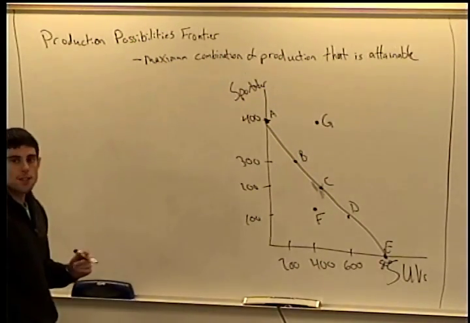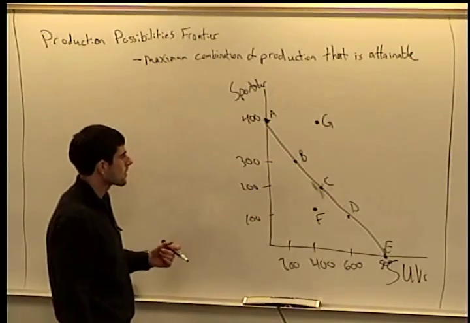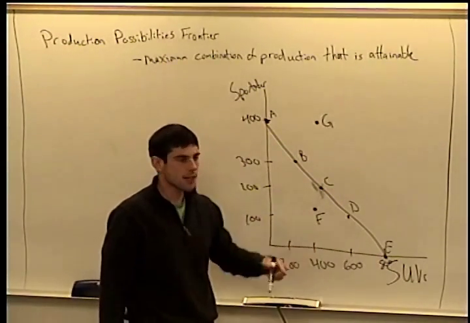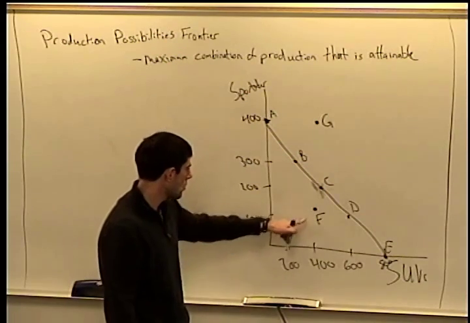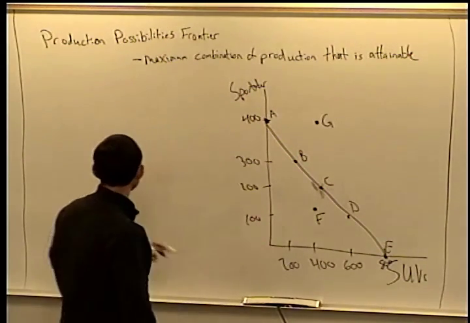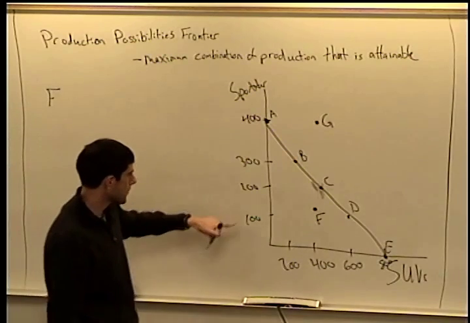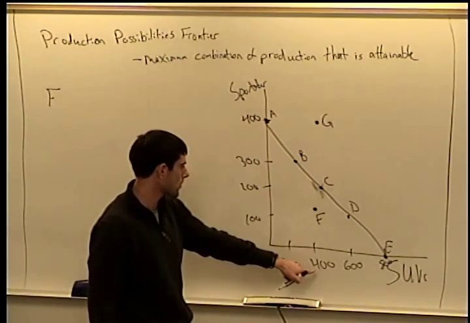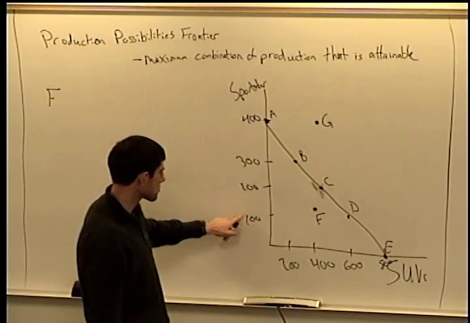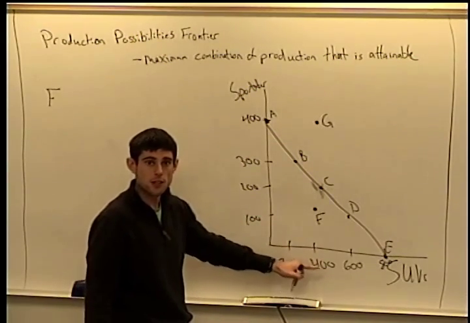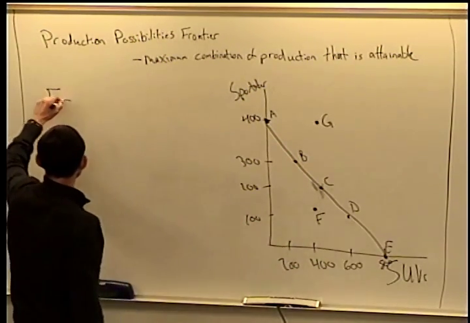Okay, and in this case, we know that A, B, C, D, or E are going to be attainable. What about point F? Well, if we can produce 200 and 400, we can obviously produce 100 and 400, right? So F is attainable,